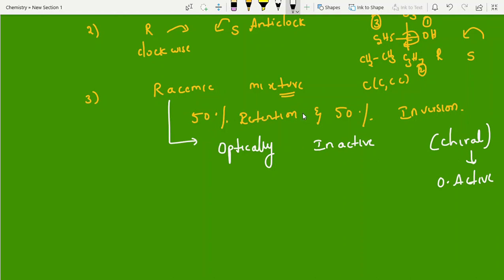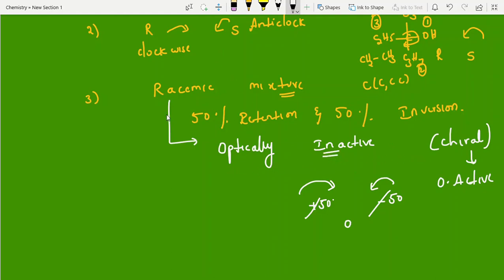Racemic mixture. This is plus 50, minus 50. This is the dextrorotatory, right hand side direction, plus 50 rotation. And levorotatory is nothing but minus 50. Plus 50 and minus 50 get cancelled, finally it is 0. It is 0 means no rotation, right? So optically inactive it is showing, but we have expected optically active.